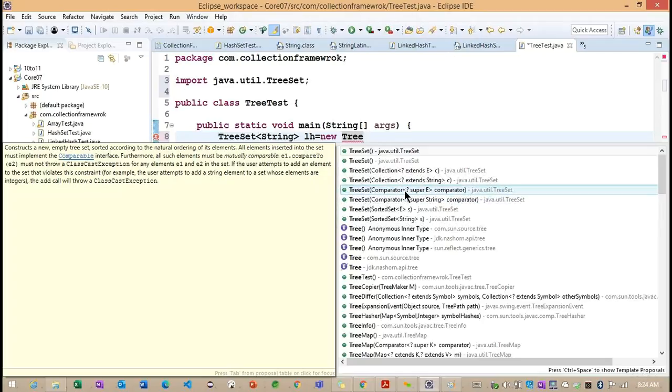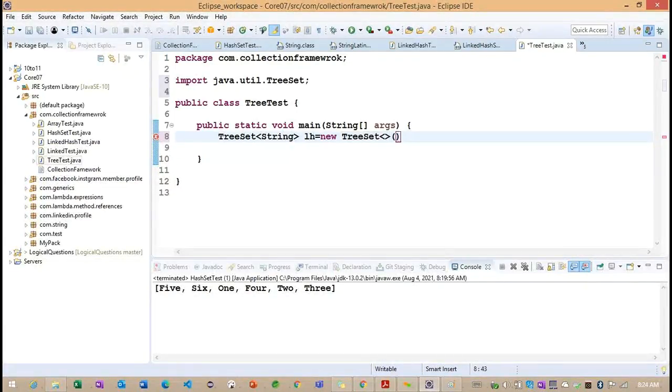Another constructor is the default constructor, another expects a collection, one expects a comparator, and one expects a sorted set. Okay, we'll see the comparator later. First we need to focus on the default one.